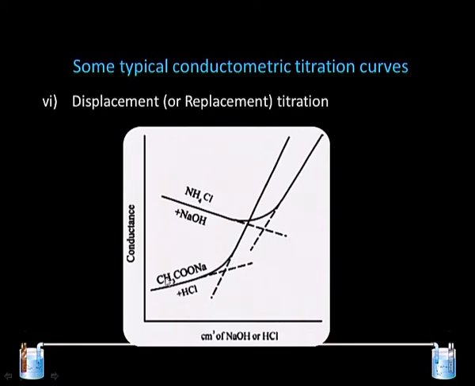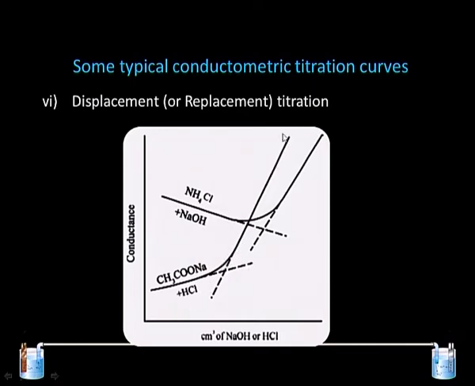So, basically you have a weak acid salt and a strong acid. The acetate ion is being replaced by H plus ion, which increases the conductance to a certain level,